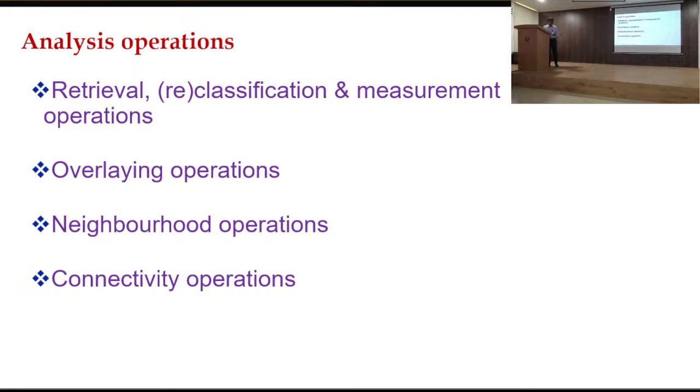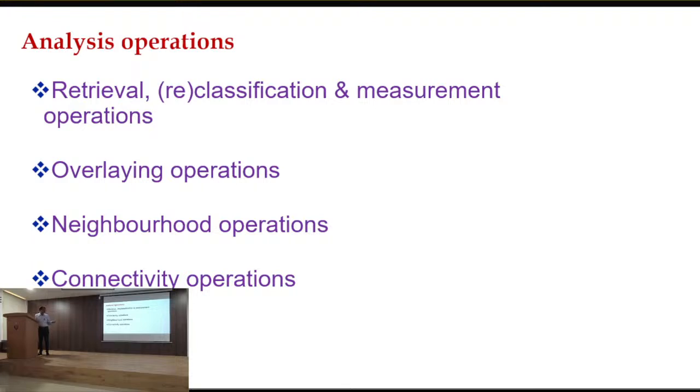Then neighborhood operations. Neighborhood operations are about adjacent boundaries, adjacent polygons, which are called boundary-sharing polygons. Those are also possible. Then the next one is connectivity. Connectivity is about multiple road networks, transport networks and rail networks, where we can perform network analysis with nodes and arcs. All of these are possible in the DBMS. In the database management system, everything is possible.